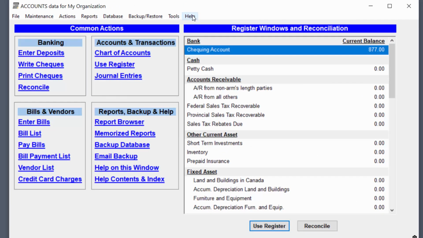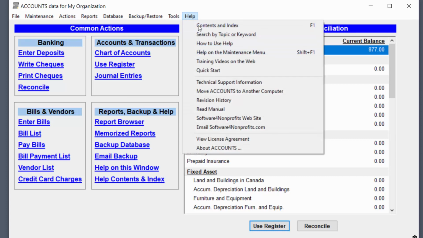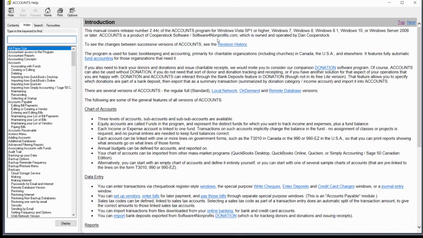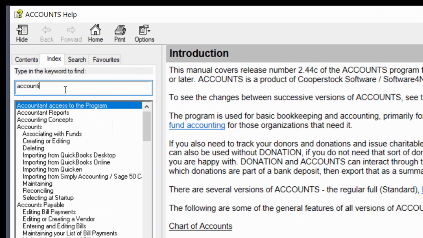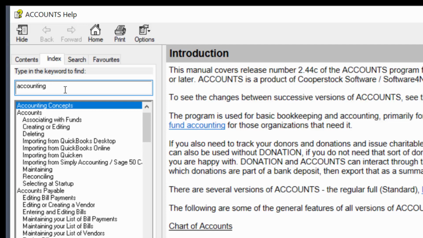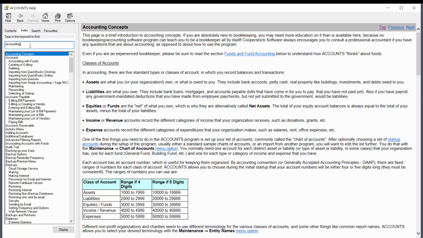Especially if you're new to bookkeeping, be sure to read the help topic Accounting Concepts before you start using Accounts. From the main menu, you can open up the help using this Help, Contents and Index quick link. Make sure you're in the index, which is best for searching for topics by titles or keywords. And in here, I can click in and type in what I'm looking for. And as soon as I see it, Accounting Concepts in this case, just press Enter and it goes to that